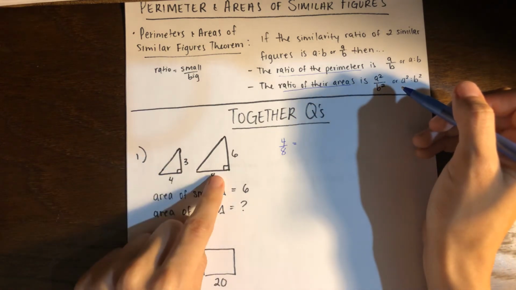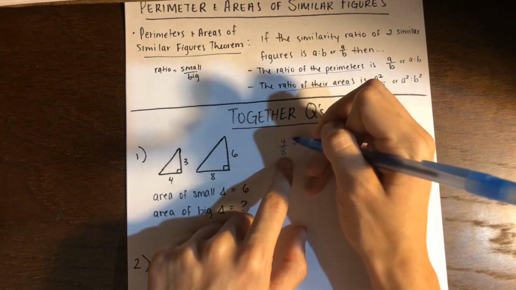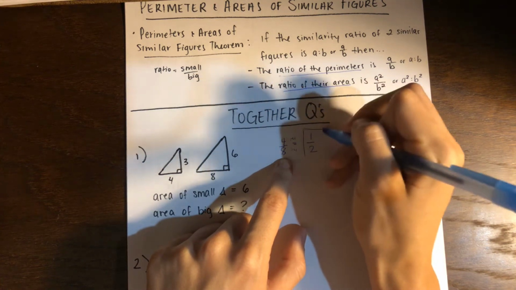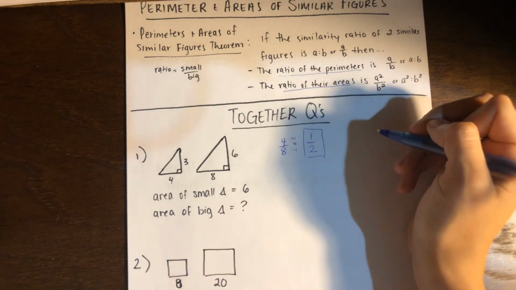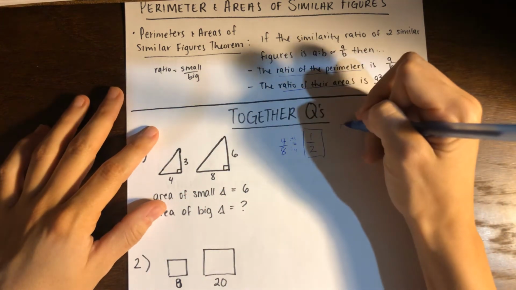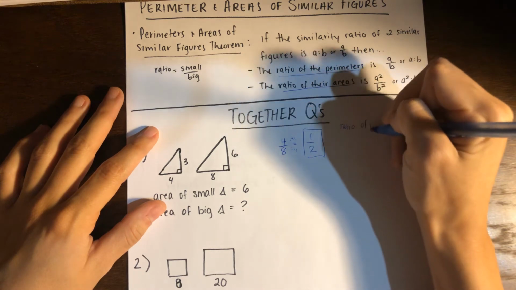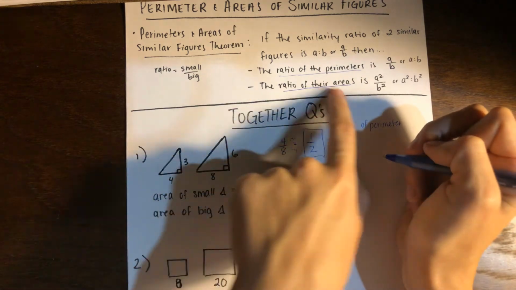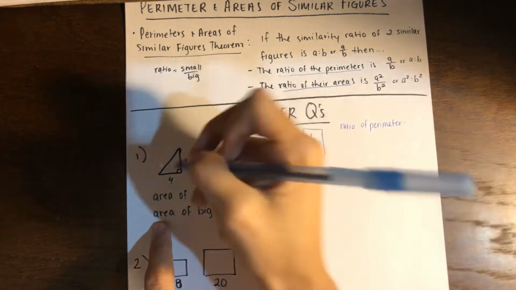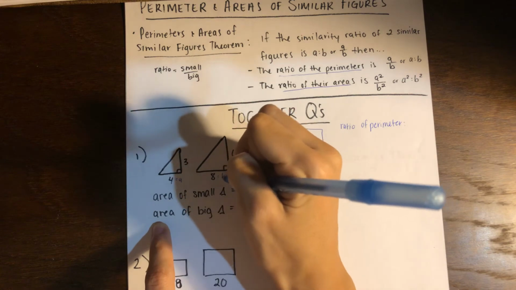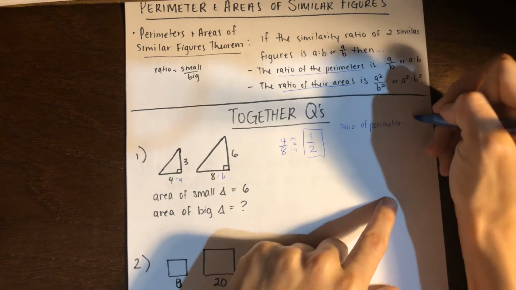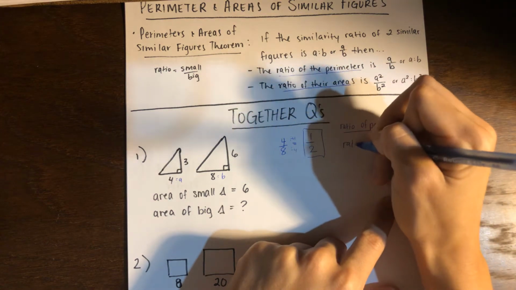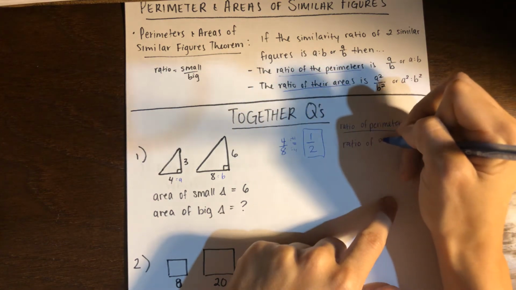So if I take 4 to 8 and divide both sides by 4, I get a half. So our ratio is going to be a half. But that's not our area yet. So we know the ratio of the perimeter is going to be this. Remember that it's just a to b, so it's a half. Then the ratio of area,